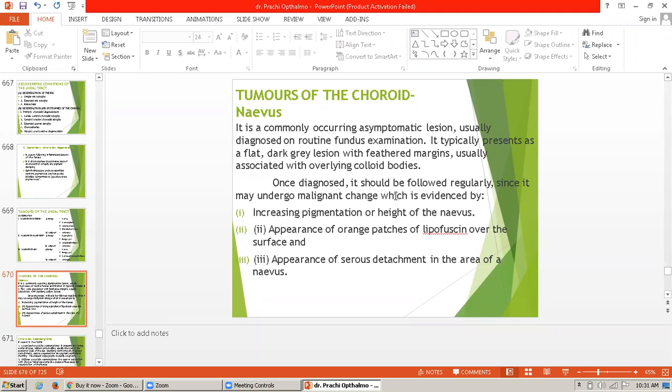Once diagnosed, it should be followed regularly, since it may undergo malignant change,